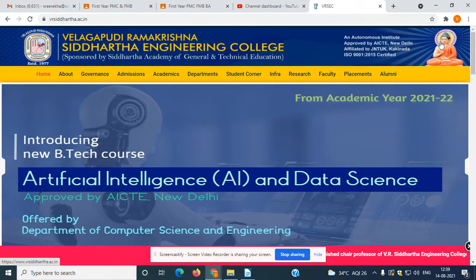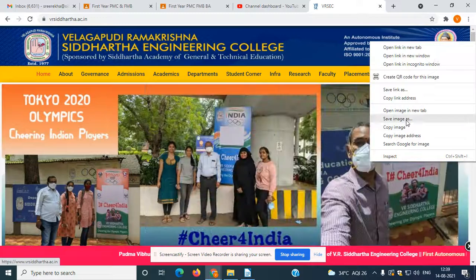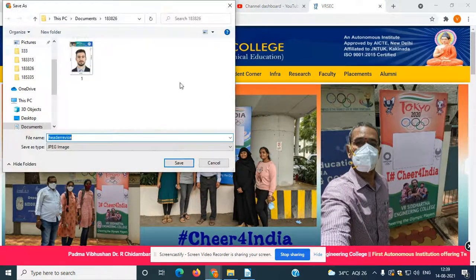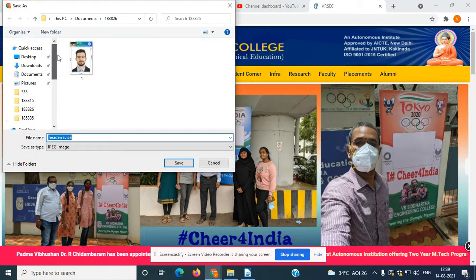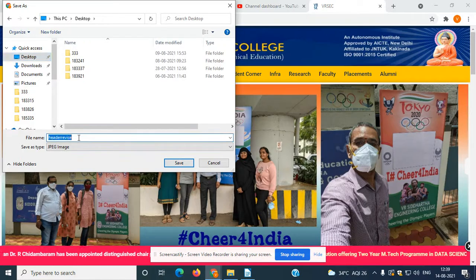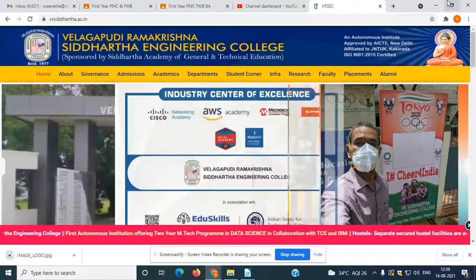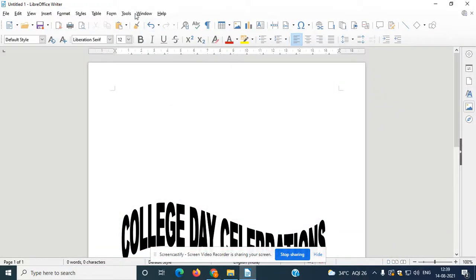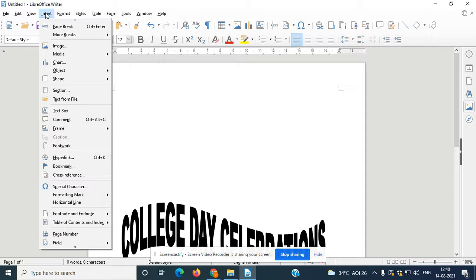Then you can simply right click on that, save image as, and you can select an image with title as image underscore logo and save this file. Now just go into this window, you select insert media.